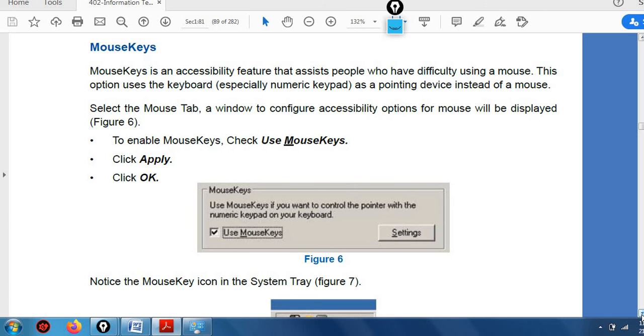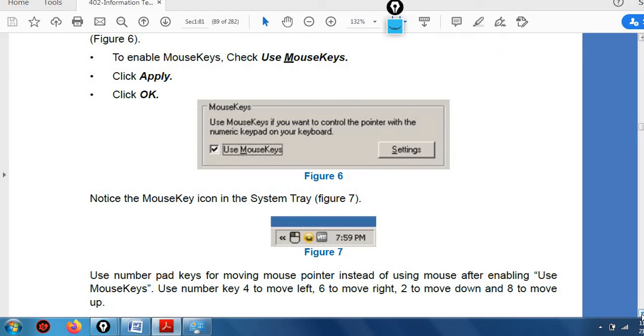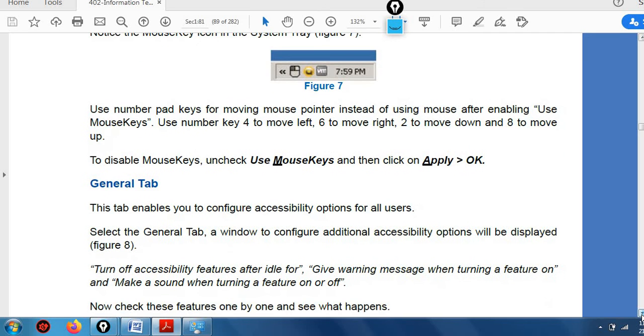We can activate that function and use the mouse with the keyboard, right? And in which keys? Number keys, right? On the right side you have number keys. In this we have arrow buttons, up, down, left, right. From there you can press and operate the pointer in place of the mouse. So these all are about the mouse.